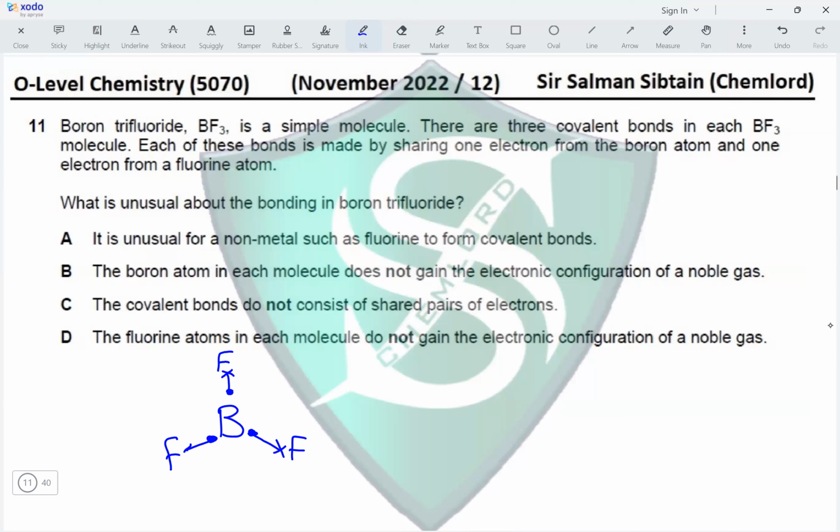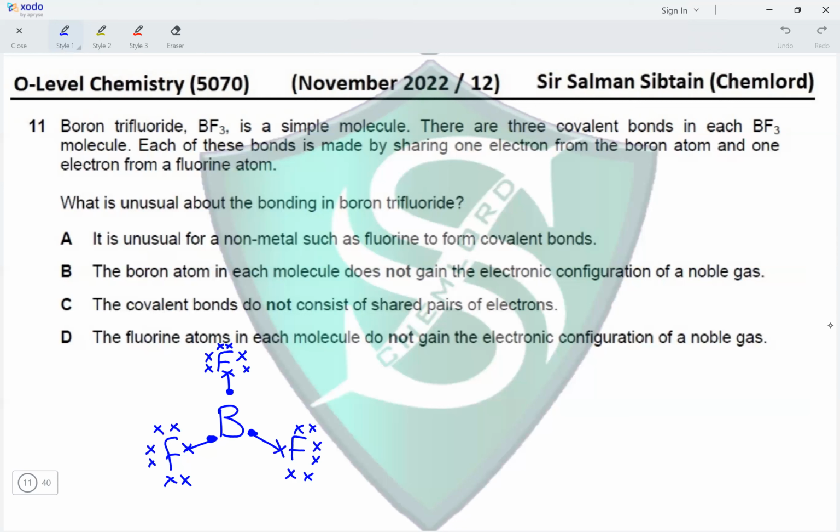Now, fluorine belongs to group 7. So each fluorine will have six other electrons in the outermost shell. So this should be the structure of boron trifluoride that is drawn here. Okay. Now,